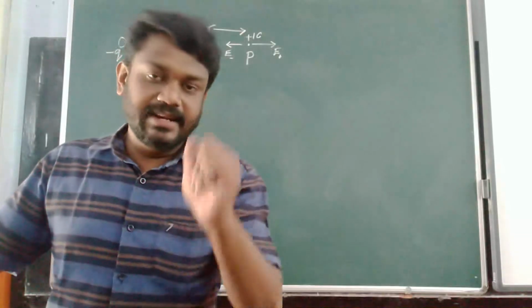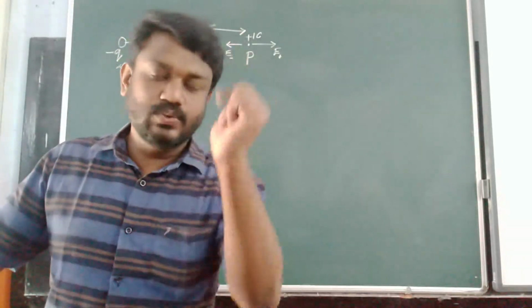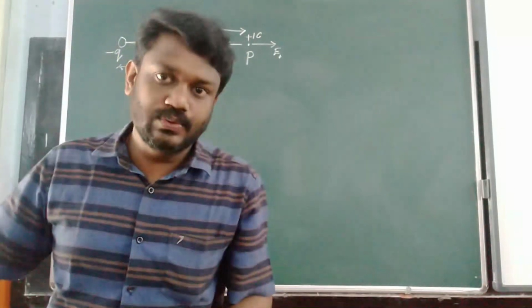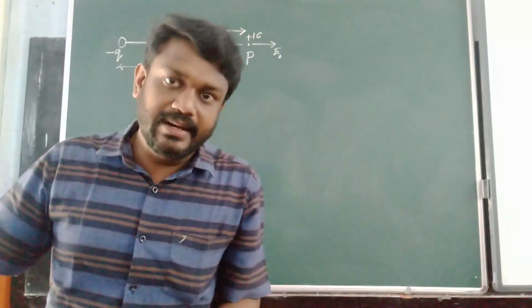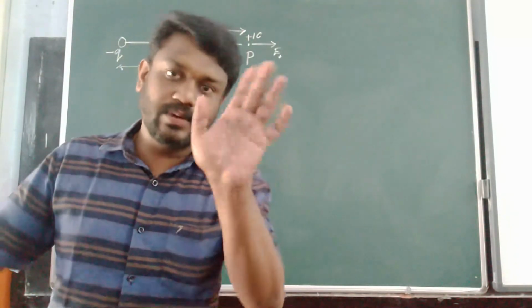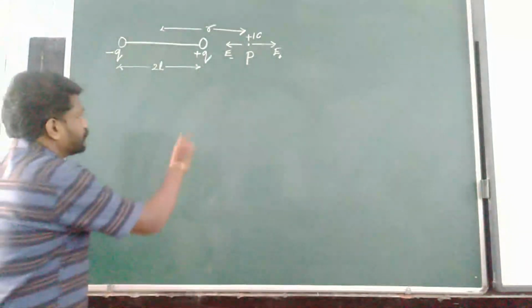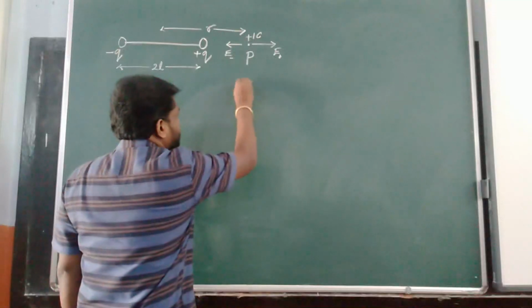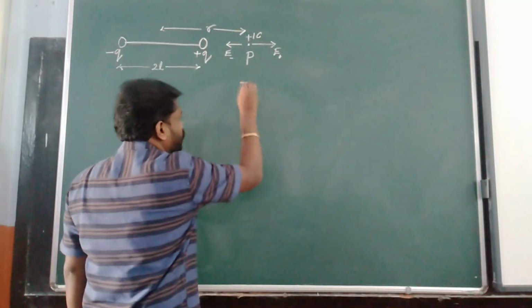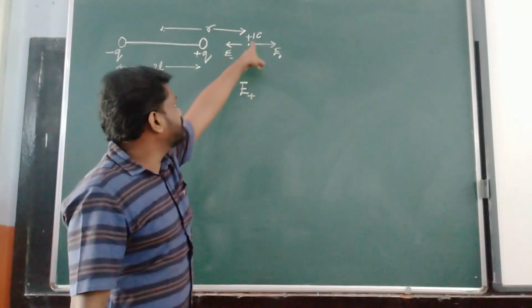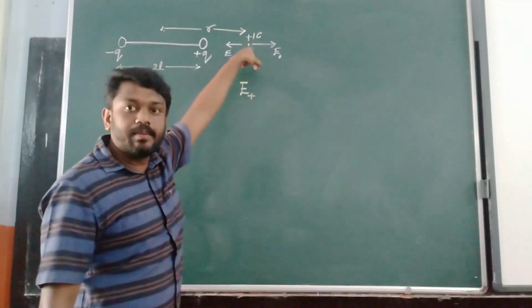The electric field intensity is produced by plus q charge and minus q charge, and you have to add these two so as to find out the total electric field intensity at the required point. Okay, so listen here. So when you are having E plus, what is E plus? That is force due to plus q charge on plus 1 coulomb charge placed at the required point.